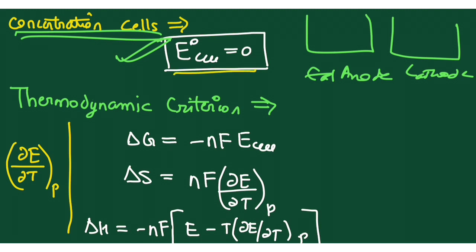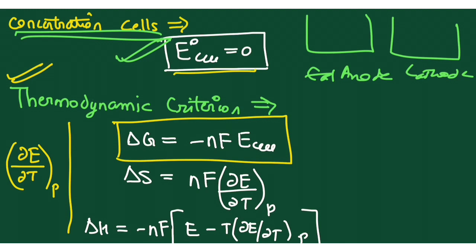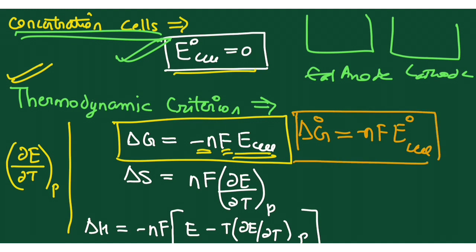Okay, now the thermodynamic parameters when we have to calculate. Delta G is equal to minus nF E cell, where n is the number of electrons, F is Faraday's constant, and E cell you have to calculate. When you have to calculate the standard value, you don't have to do anything, you just have to put naught on the E cell. Here you have to take that n for which no stoichiometry of reactant or product is in fraction.